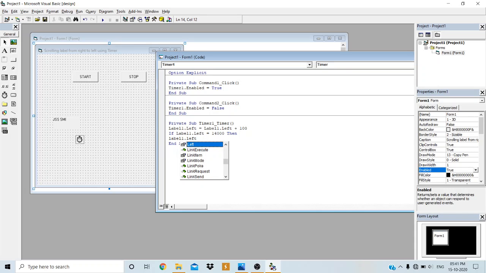If the left of Label1 reaches 14,000 twips, then Label1.Left should be